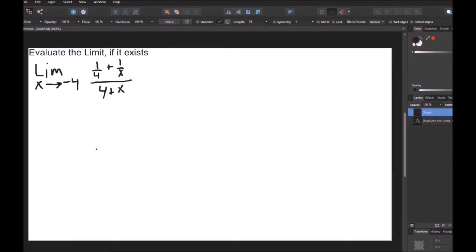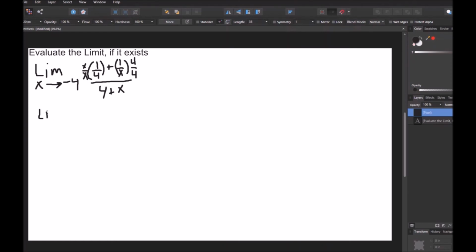Okay, so now in this next question, again, we're told to evaluate the limit, and we're given the limit as x approaches negative 4 of 1 over 4 plus 1 over x, over 4 plus x. So this one looks a little bit trickier, but essentially what it comes down to is you want to get common denominators in the numerator. So I'm going to multiply this fraction by 4 in the numerator and the denominator. And I'm going to multiply this fraction by x in the numerator and the denominator,